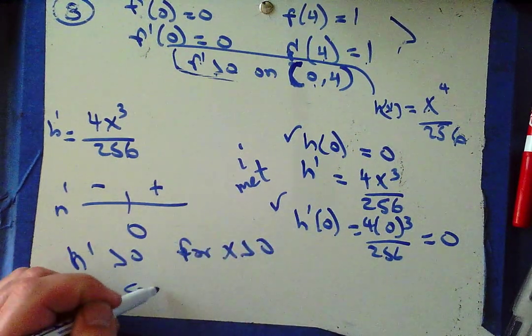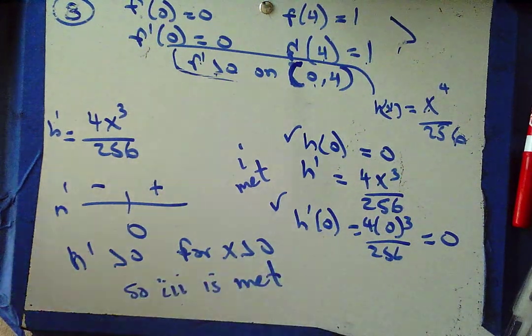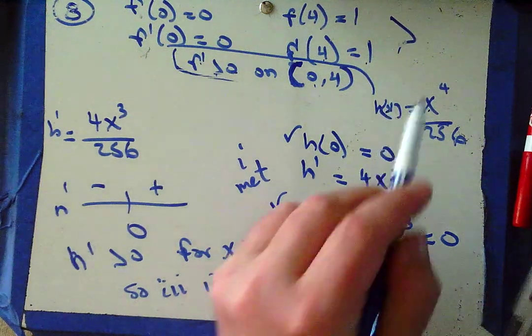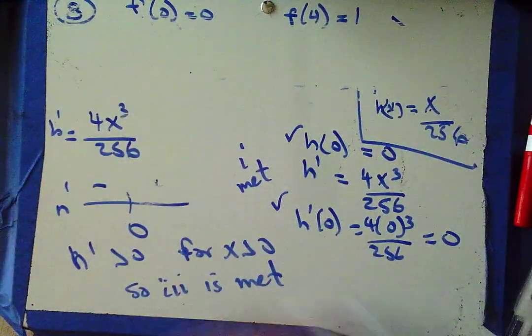So condition 3 is met. All right, so we met all the conditions with this function here, h of x equals x to the fourth over 256. With problems like this, don't get freaked out. Just take it one step at a time. Okay,